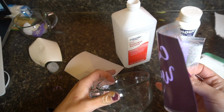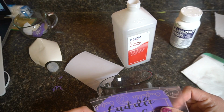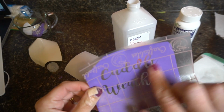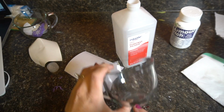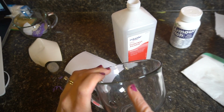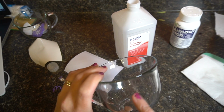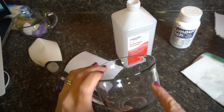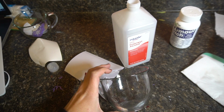So this is kind of the tricky part, where you want to make sure you get it in the center. That's why I like the lines on here. If you can see the lines, it makes it a little bit easier. And it doesn't matter if you go up too far on here, because your mouth isn't going to go on this side. Plus it's Armor Etch, so it's etching into the glass. So even if you put your mouth on it, it wouldn't hurt you. It's in the glass. It's not